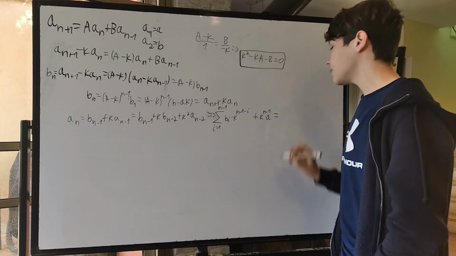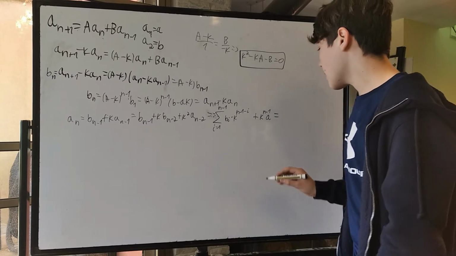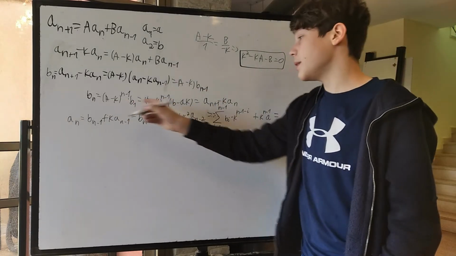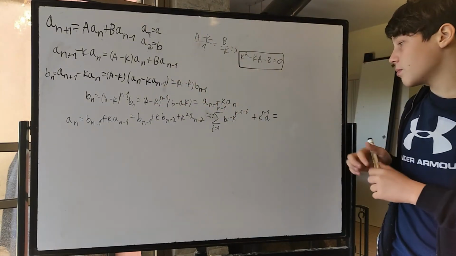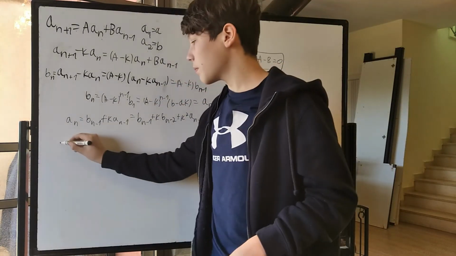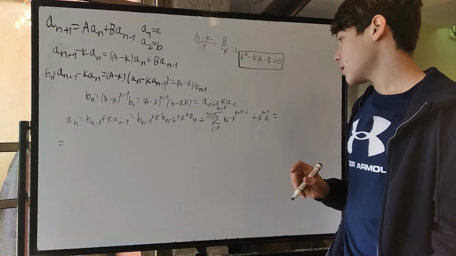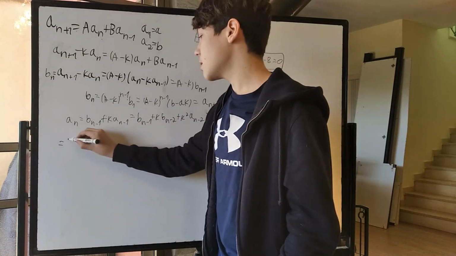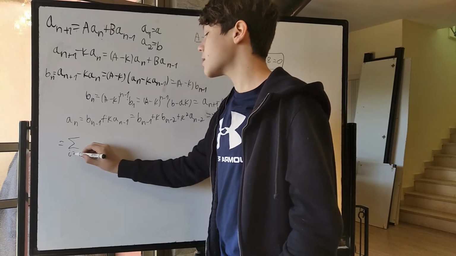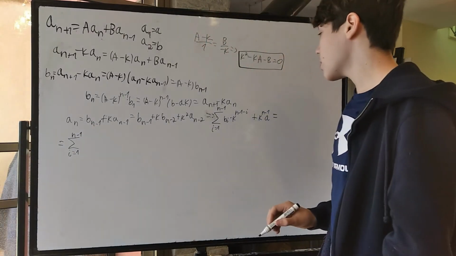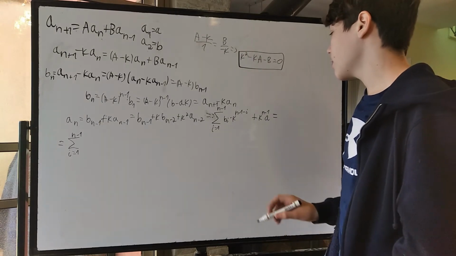And so now we can just plug in bi because we know the formula for bn. Okay, so now we will plug in bi into here, and we'll get the sum as i goes from 1 to n minus 1 of